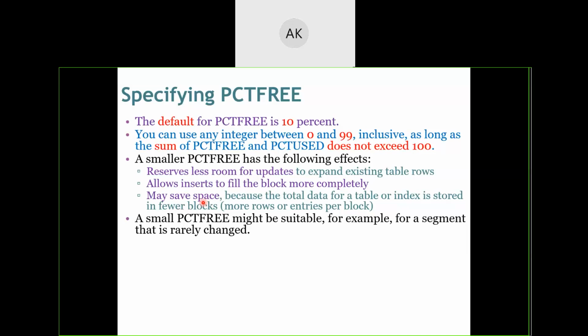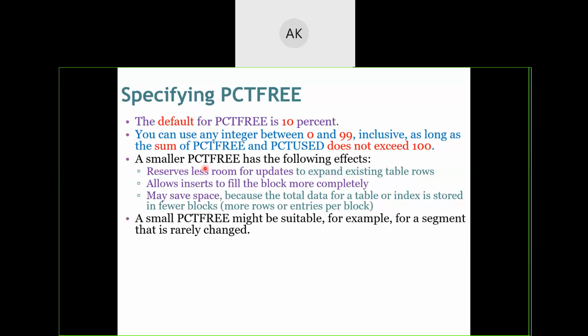Basically speaking, percentage free is used for some computations to be performed on the already existing data, like update operations or some sort of setting of values from one value to another value. Some computations should be done. Like for example, salary plus 3000 was being done. That 3000 should be some value stored inside some memory space. That memory space will be utilized from percentage free, the memory required for representing the 3000 value. Similarly, we can have any type of computations to be done on the already existing data, but all those computations will require percentage free to be used.